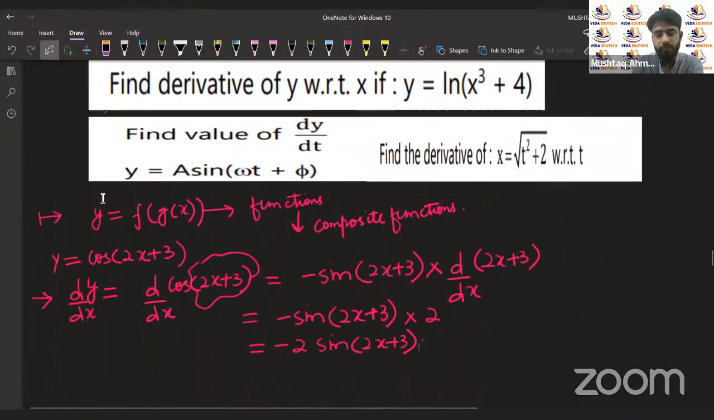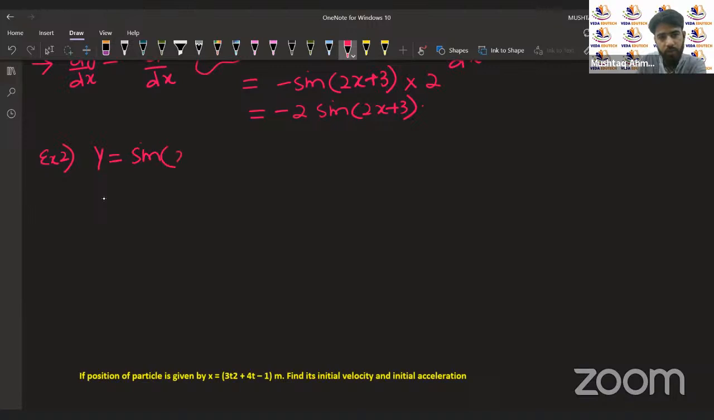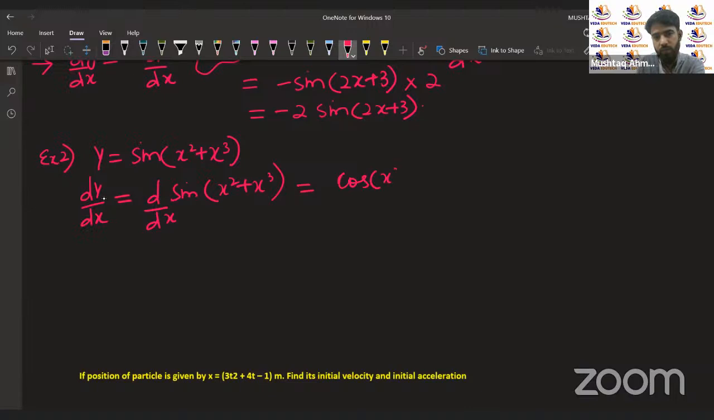एग्जाम्पल नंबर 2 देखते हैं. एग्जाम्पल 2 हमारे पास है. हमारे पास फंक्शन है साइन ऑफ एक्स स्क्वायर प्लस एक्स क्यूब. Once again, we have to calculate its derivative. It will be dy upon dx, that's d upon dx of sine of x square plus x cube. Sin x का हमारे पास डेरिवेटिव कितना होता है? The derivative of sine x is cos x. That is cos of x square plus x cube,